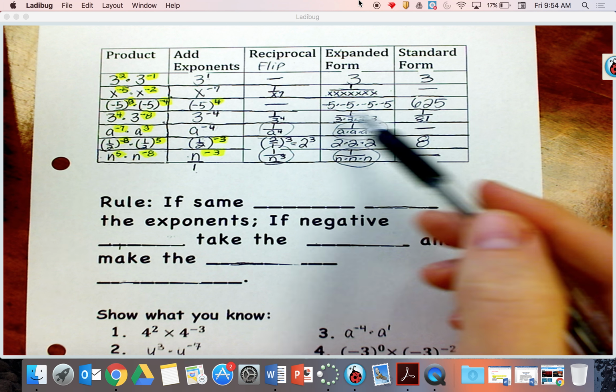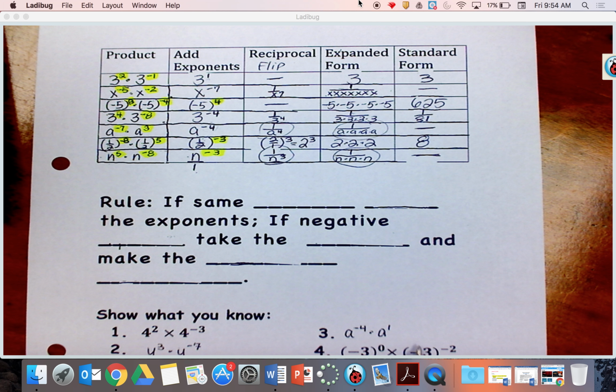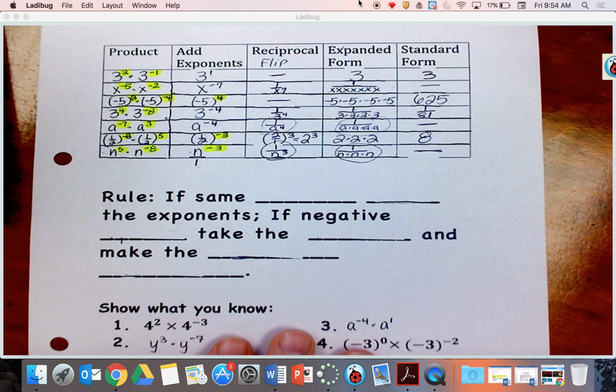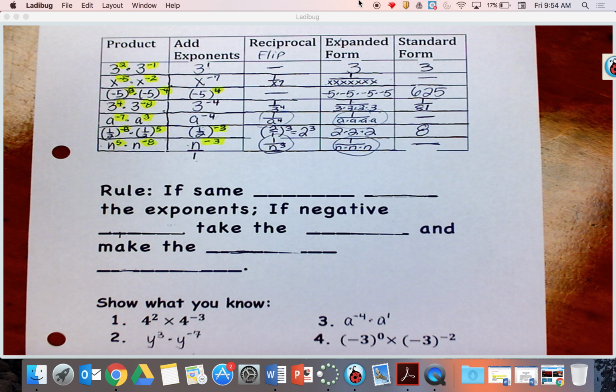You will get an organizer very similar to this to use for the bottom 4. But before we do the bottom 4, what is the rule that we come up with? So basically the rule says if the same blank and blank, the exponents, if a negative blank, take the blank and make the blank blank. Okay? Well, basically what it says there is what we want to do is if we had the same base,